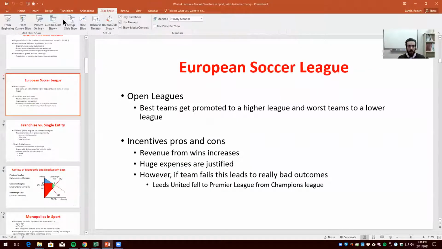We'll go over some of the slides I skipped and then finish out the pricing strategy that we'd started talking about in class. So when we were talking about things like league-wide advertising, when we start to think about the role of leagues and how some of them may differ, one that is a good thing to talk about, and this will come up later on in the course, is the European Soccer League system. So they have open leagues, okay?